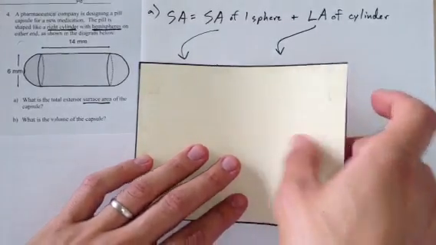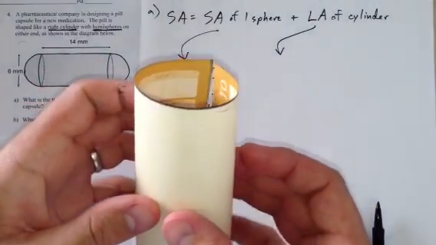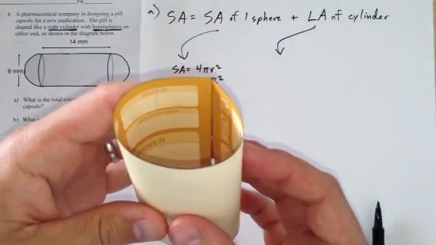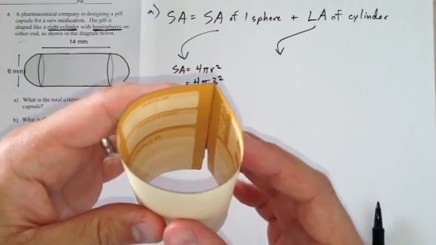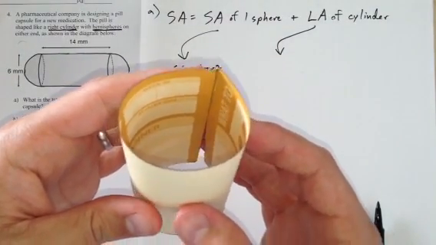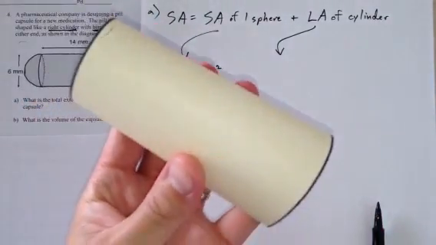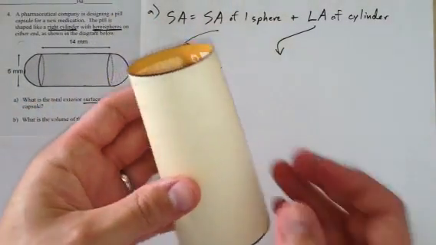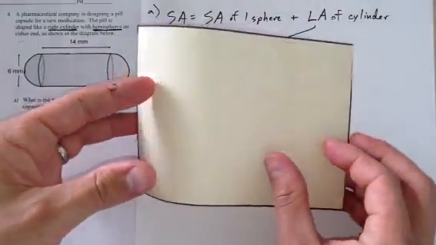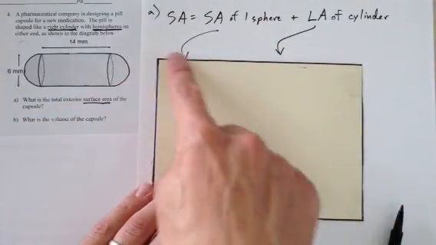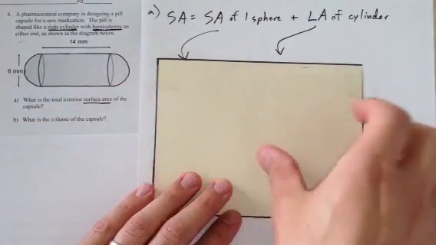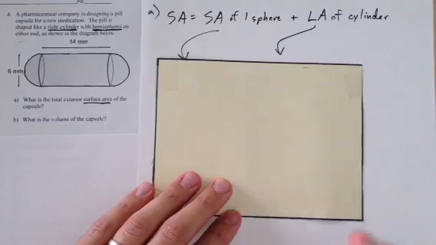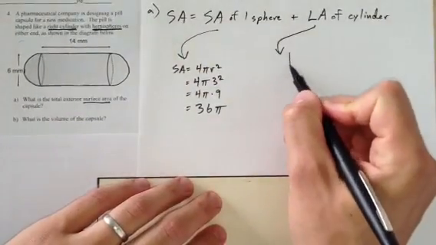Let me do that one more time. You can see the circumference of the circle, which is the distance around, and this is the height. And when I open it up, the height remains the same, and this distance here is the circumference of the circle. So basically, if I draw this rectangle here,